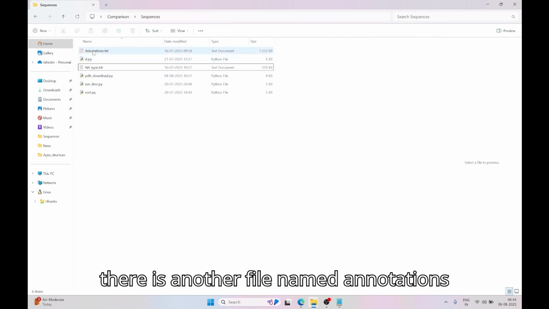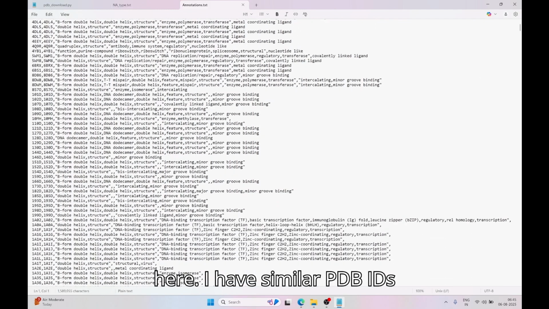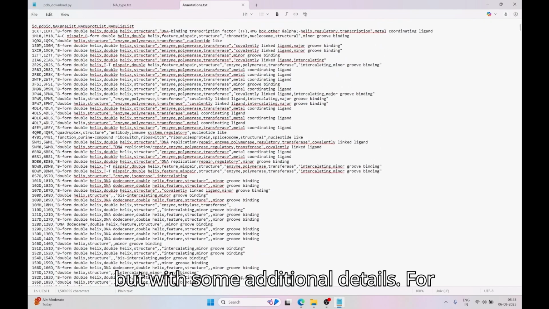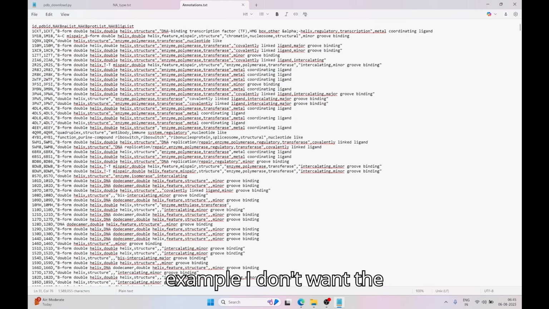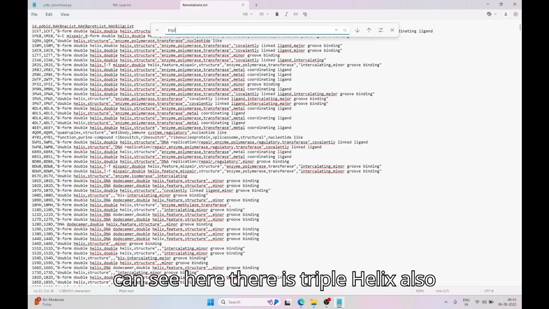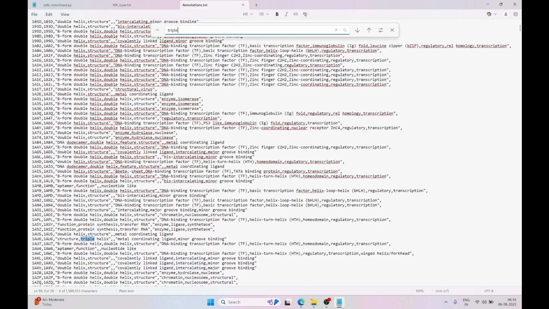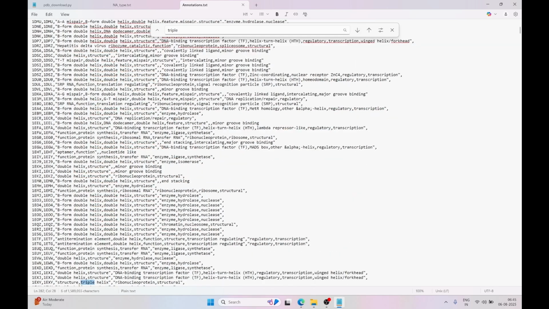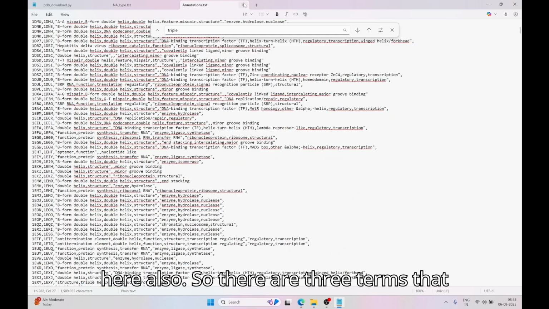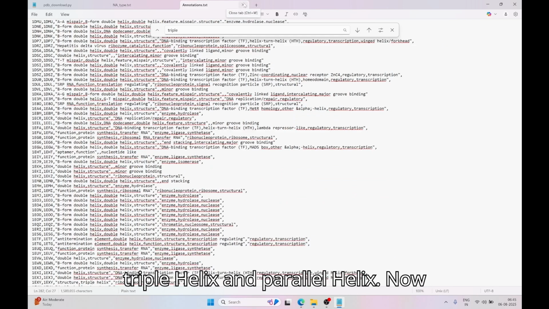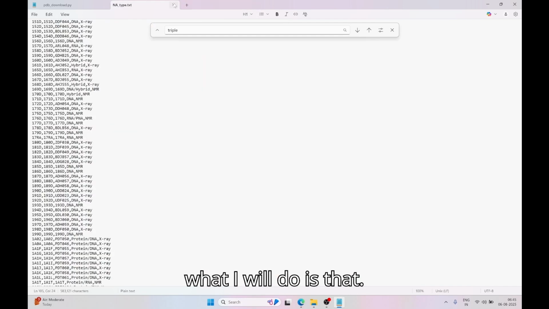Now there is another file named annotations. Here I have similar PDB IDs but with some additional details. For example, I don't want the PDB IDs which contain these terms: double helix, or you can see here there is triple helix also here and here also. So there are three terms that I don't require. One is double helix, triple helix and parallel helix. Now what I will do is